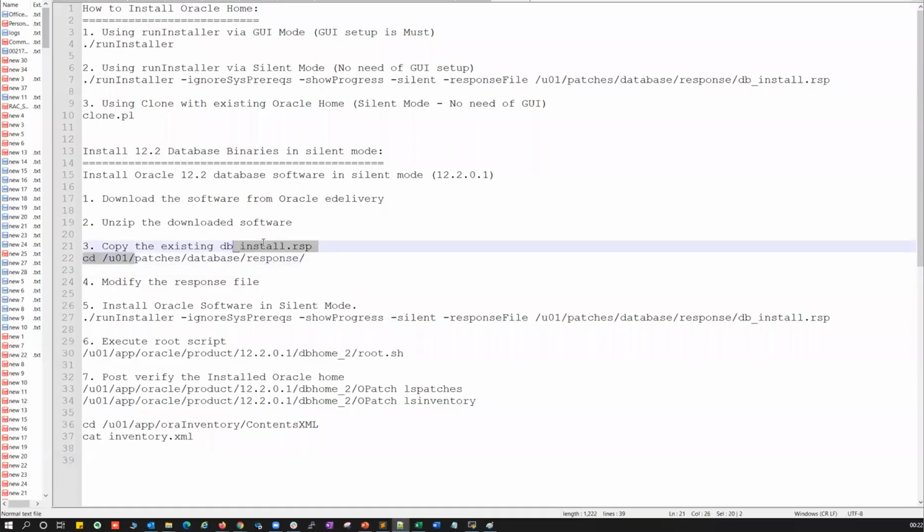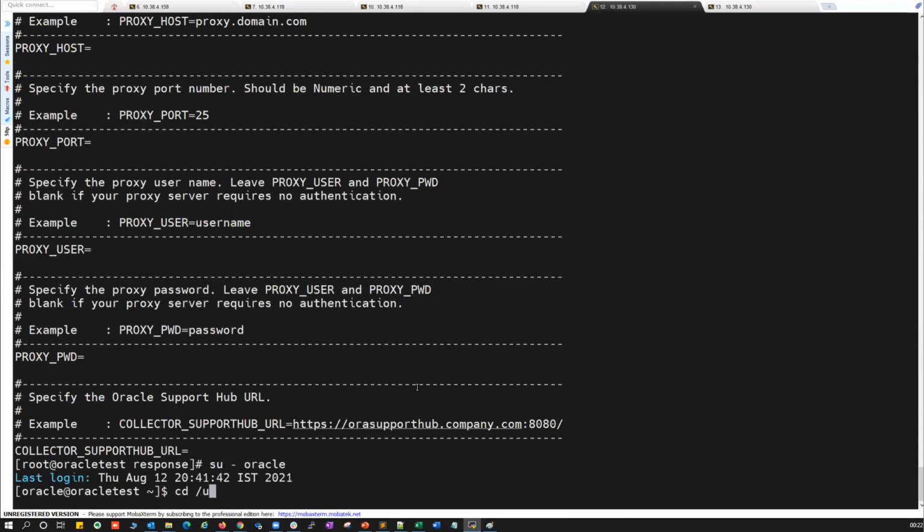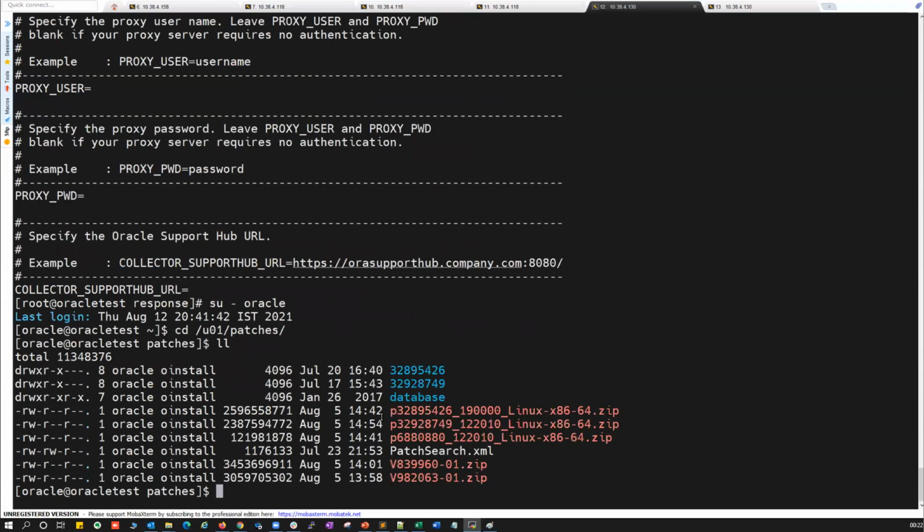I just copied the original one, I modified it, and now I'll go ahead and run the runInstaller. That's pretty much everything I have. So this is my modified response file. I'll simply log in as the oracle user, go into u01, patches, and then inside my database.